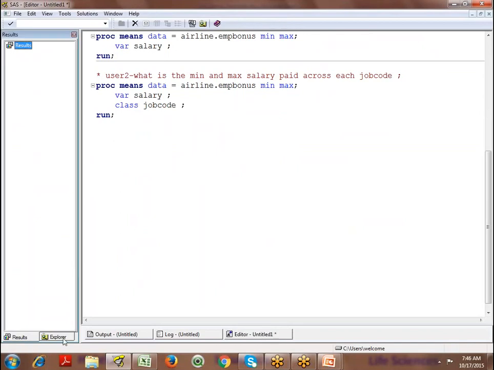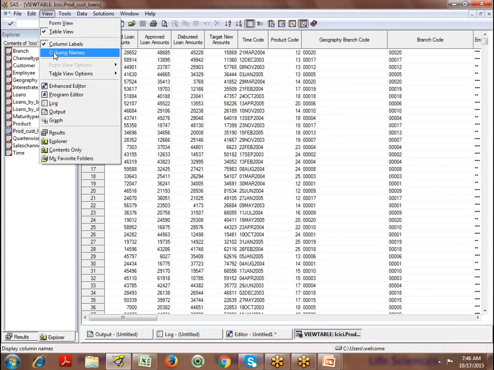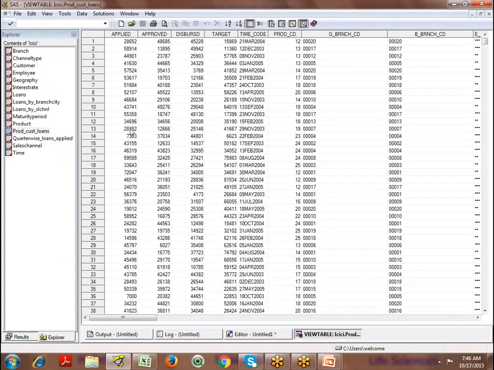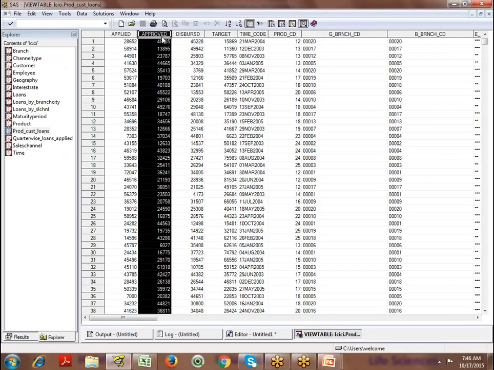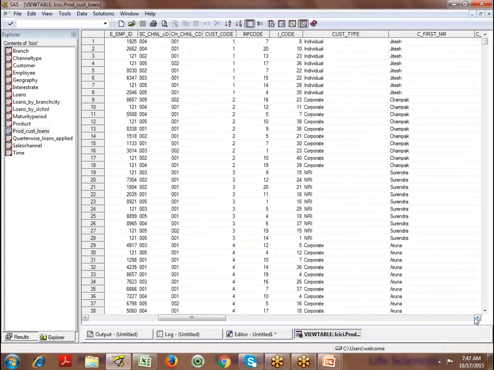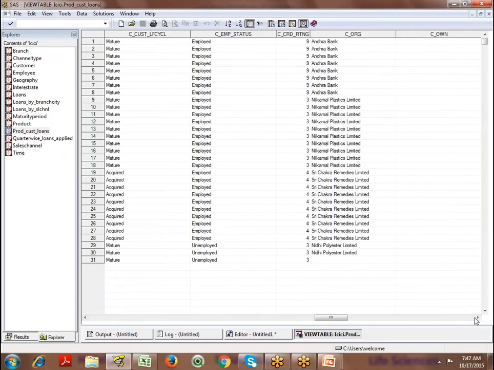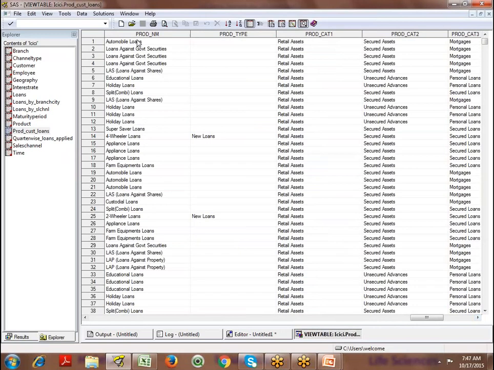Now, let us just take 5 minutes. Let us take the example of a bank. For example, I have ICICI dot product customer loans. Now, I would like to create a report. What is the total approved amount? I repeat, the bank is going to approve some loan amount. What is the total loans approved, according to different branches? What is the total loans approved according to each product name?